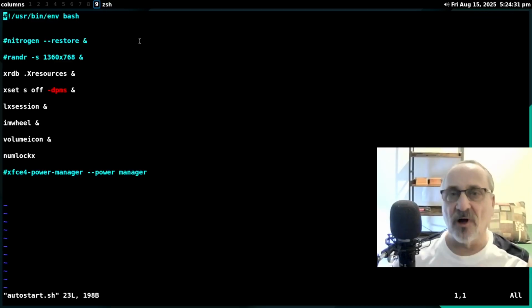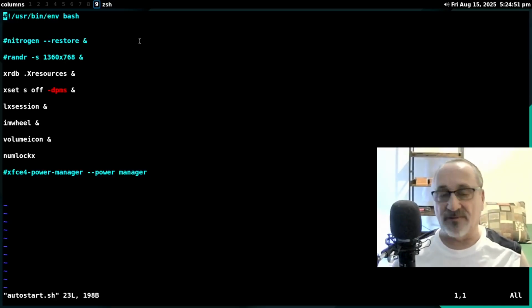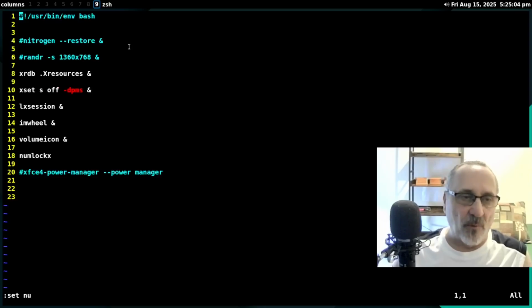So now I have wallpaper, but I don't have a wallpaper app. So you can use a wallpaper app like Nitrogen or Feh or any other wallpaper app that you might like to use. Or you can just put the wallpaper inside the configuration file, which I've done. You can see line 4, Nitrogen is there in case you want to use Nitrogen, but it's commented out right